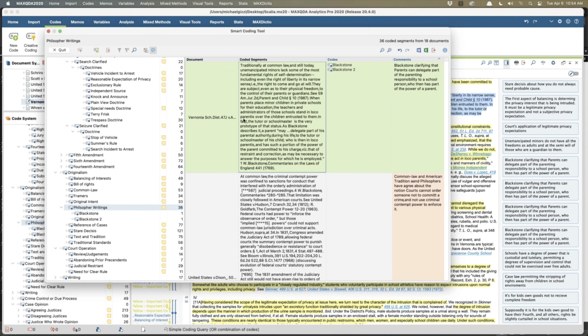So my options for creating a code with the Smart Coding tool are either to right click while I have it highlighted in green, create and assign a code, or create a code which will end up in the structure where you are. We will spend a lot more time with the Smart Coding tool next week, but I wanted you to see it. Make sense?